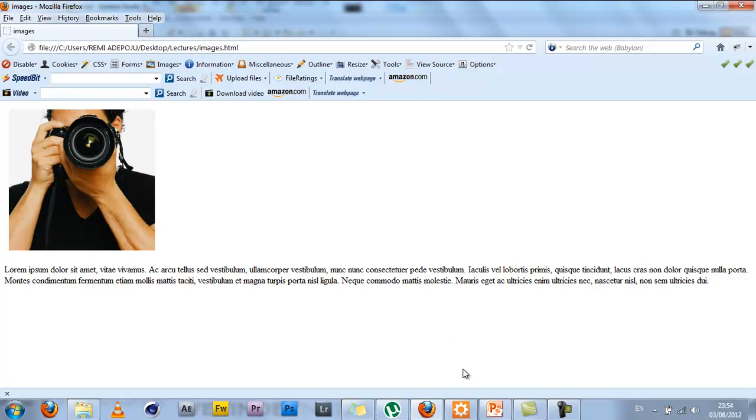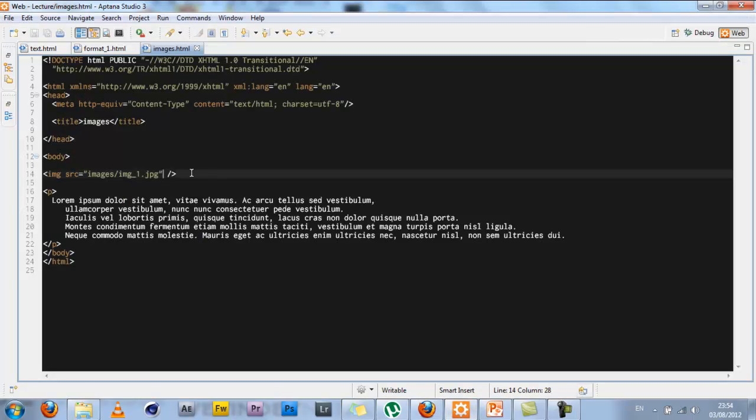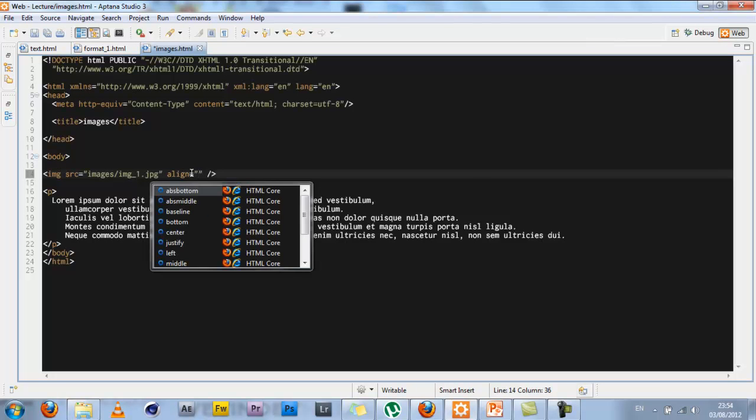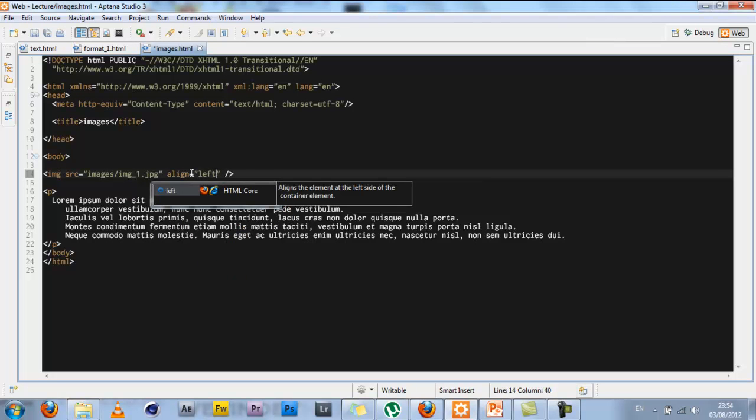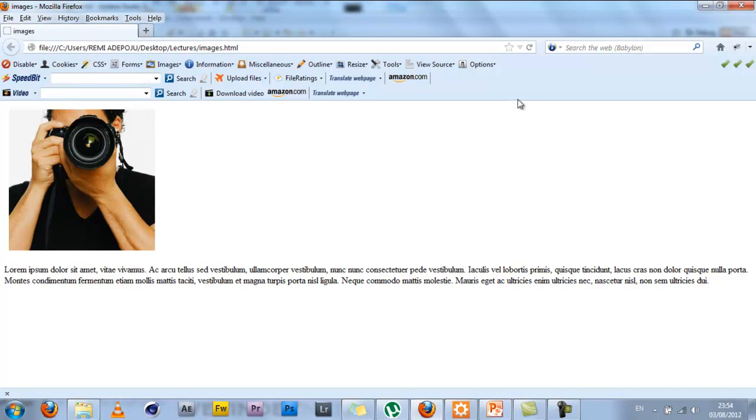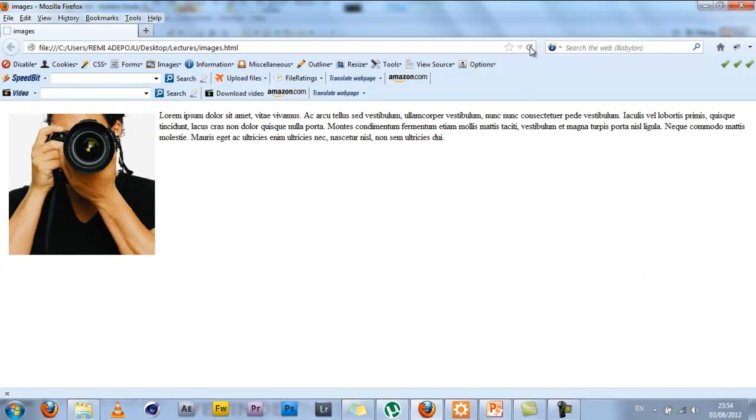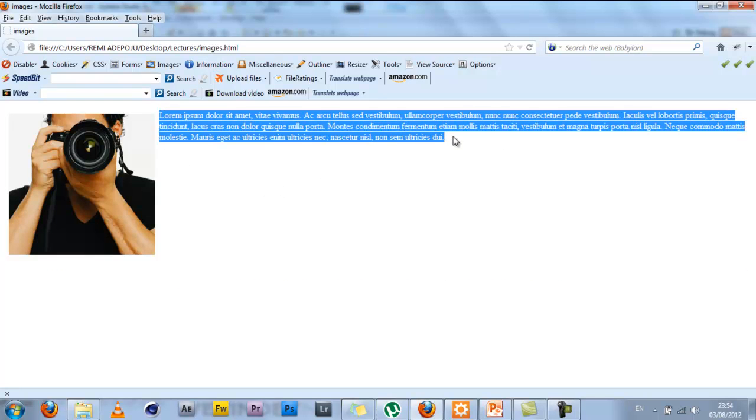So I'm going to go back to my code, place in the align attribute and set its value to left. I'm going to save that, go back to my page, reload it, and as you can see, just like magic, our text comes right beside